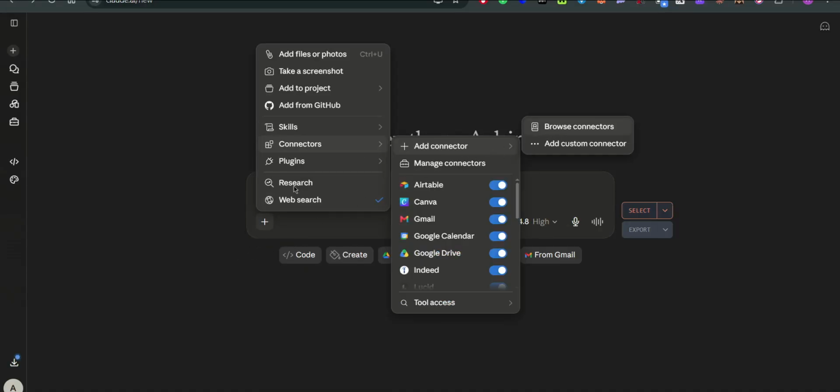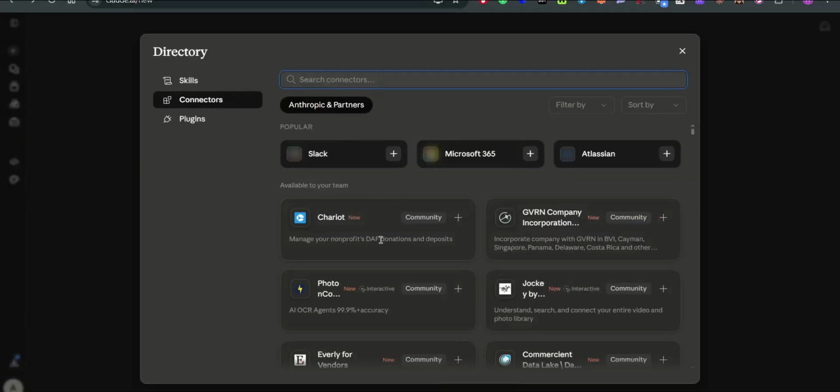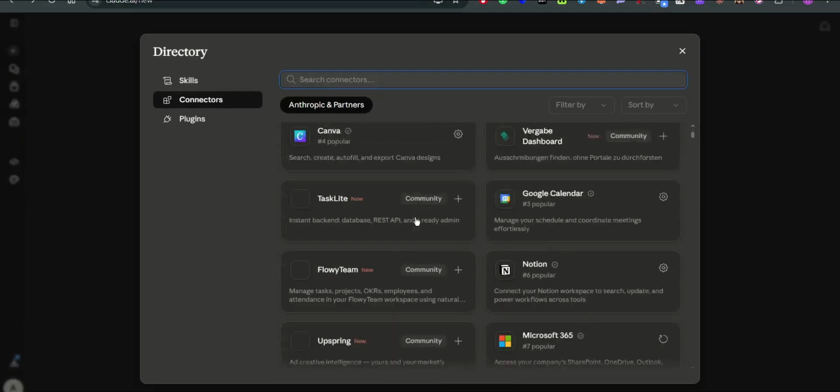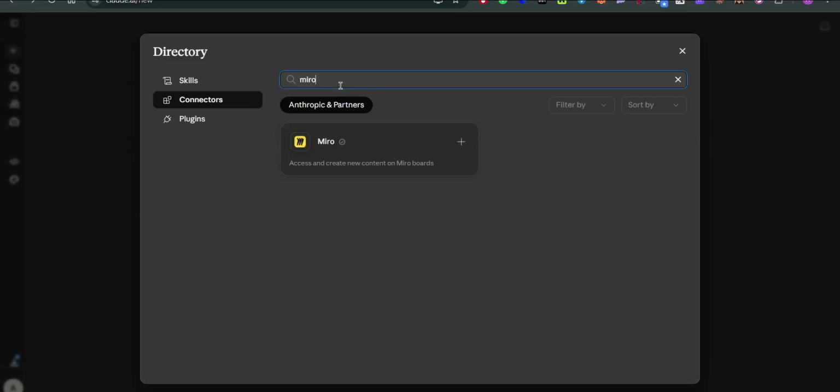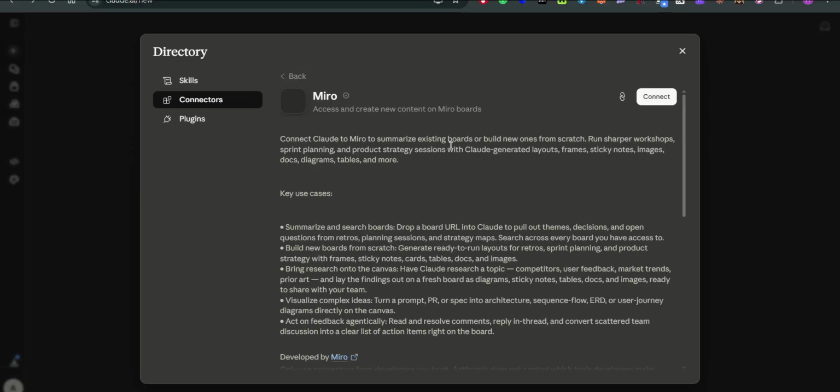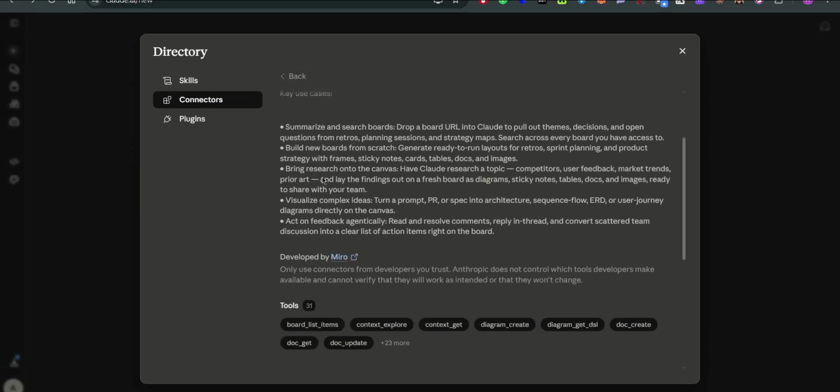Once you have opened this up, you will see a detailed menu over here listed with native connectors for different platforms. You will see multiple over here. We have to find the one that is available for Miro. Just go ahead and click on that, and you will see there. This is